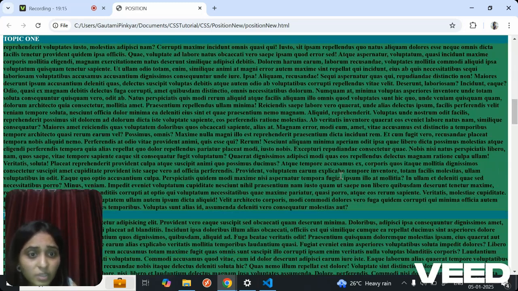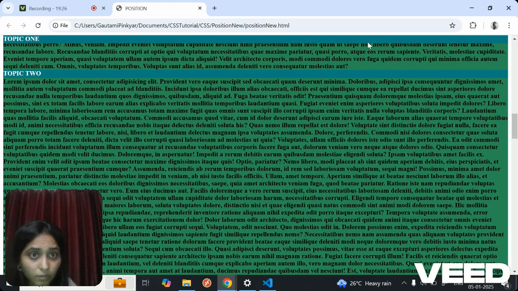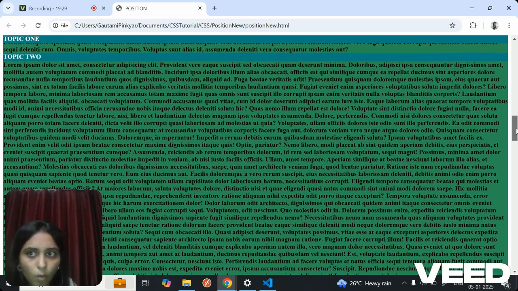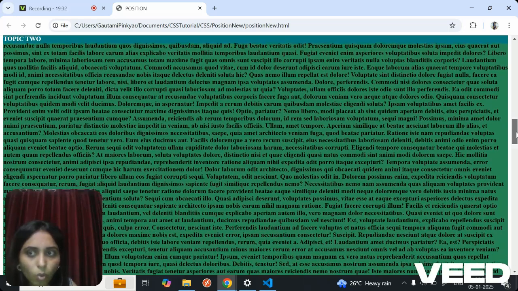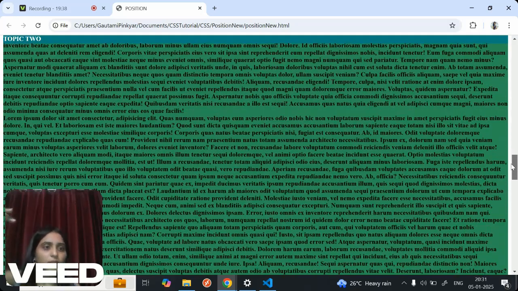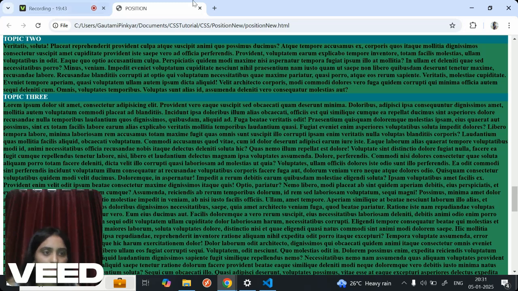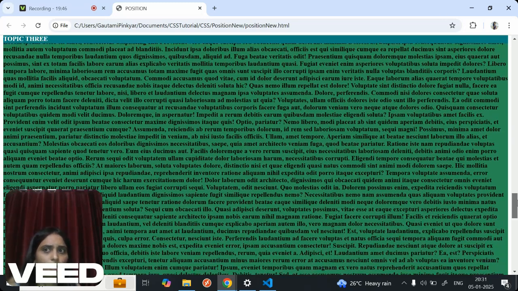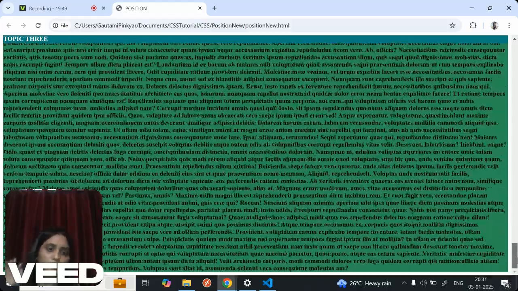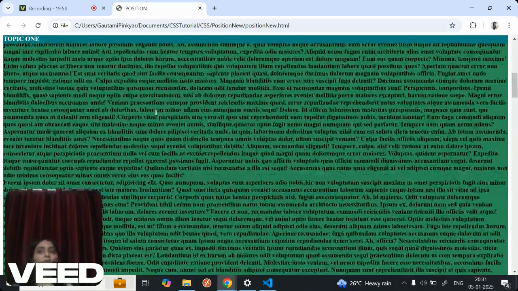We scrolled. Currently we have not come till the end of its parent. End of the parent is somewhere over here, AUT question mark, right? Do you see? It's scrolling, it's moving, and it's static. Now the moment it touches this parent, it's going to go off. And then you go down, and then you reach the topic two end. When you reach the topic two end, it goes off, and then the topic three. Okay, so this is how we can use it, and it's very beautifully used.